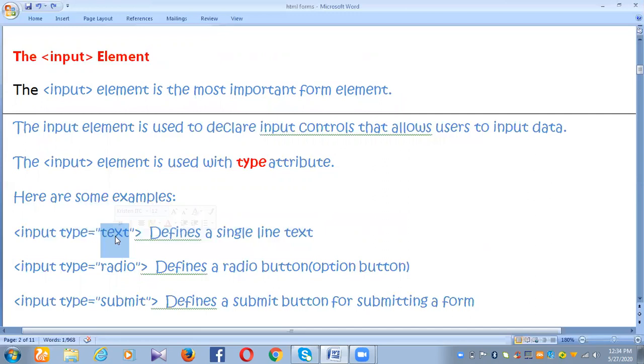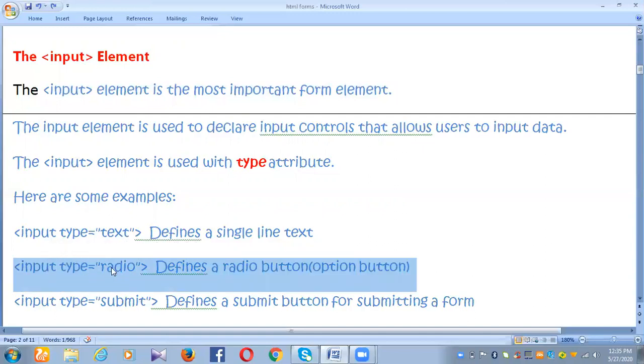Similarly, if you want a radio button or an option button, then input type equals radio defines a radio button. Then input type equals submit defines a submit button for submitting a form.